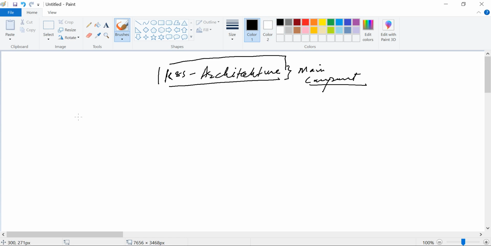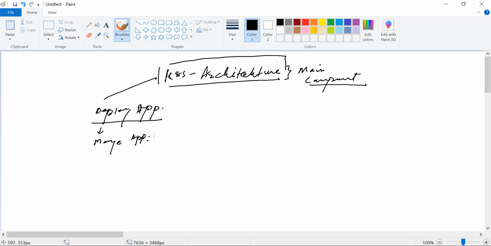Why do we use Kubernetes here? Just to deploy your application, and to manage your application.